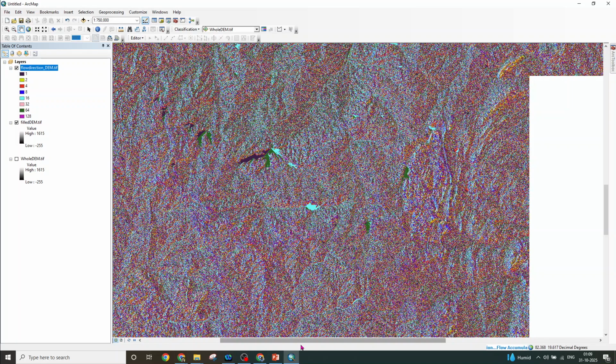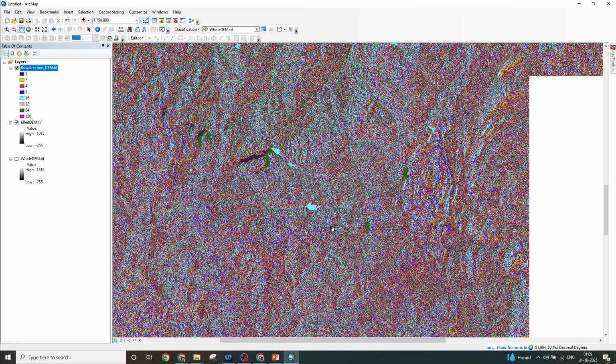So this flow accumulation file is running. Once this flow accumulation gets completed, we will see that the legend will have some low values to very high values. Meanwhile,